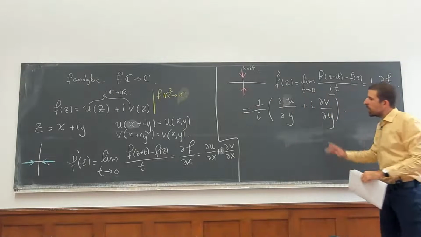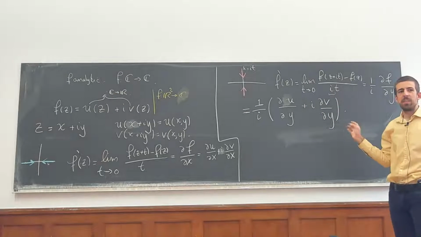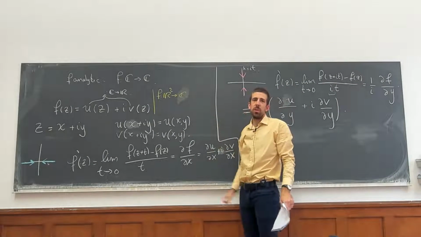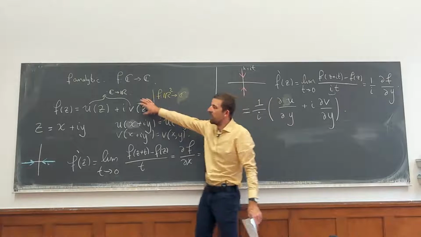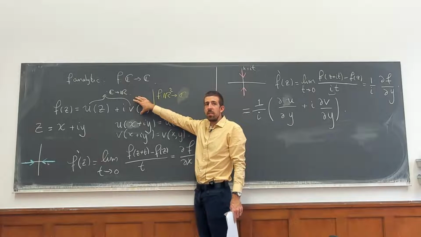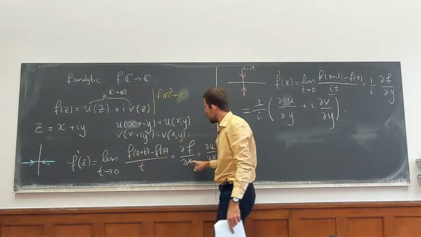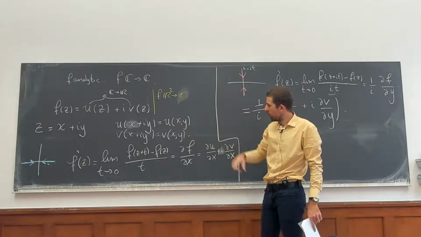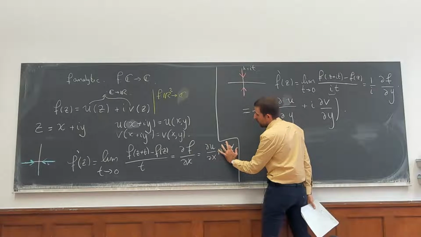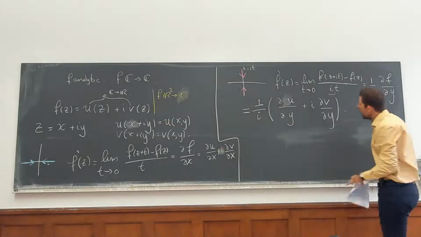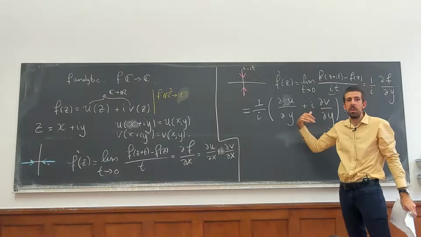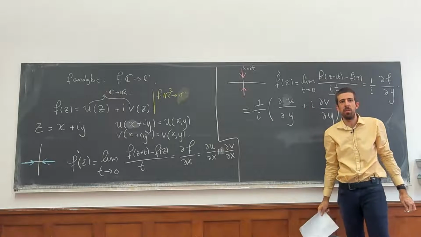And now here we can recover very quickly the proof of the statement we had before. Because if f went only to the reals, then this meant in particular that v(z) was 0. And so if v(z) is 0, then when we take the derivative approaching from the real axis, we get a real number, because v is 0. And when we do it here, this term disappears, and we get 1 over i times a real number, which is a purely imaginary number, and we get exactly the conclusion that we had before.